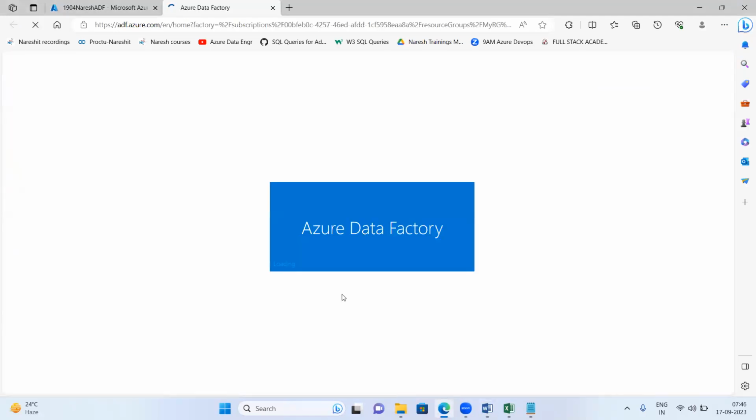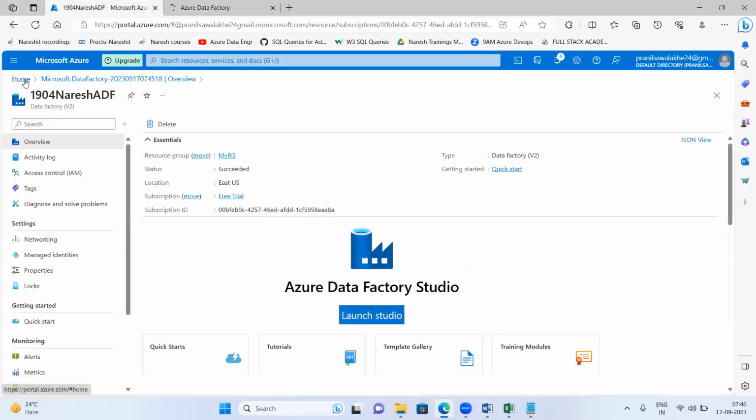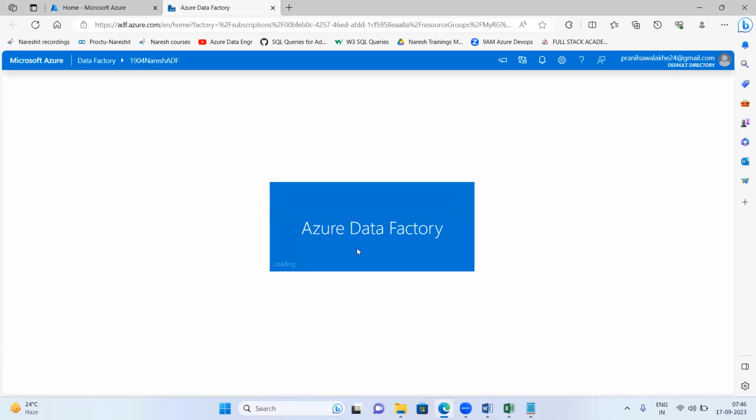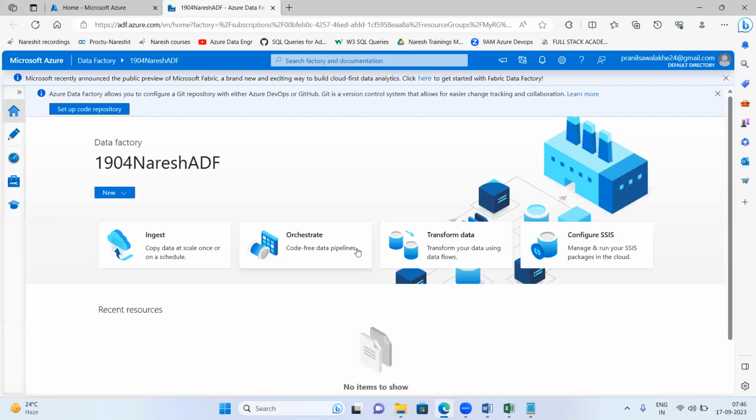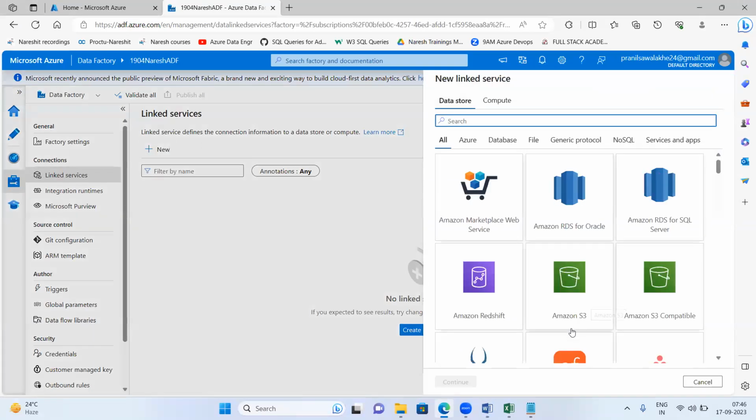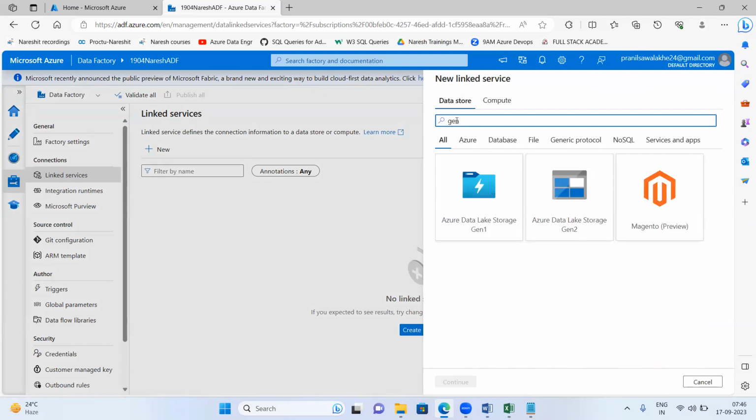I click on launch studio. Then I click on linked services here. Click on this one, then say plus new. So I'm going to create a linked service for Gen2 because my storage account is a Gen2 storage account I